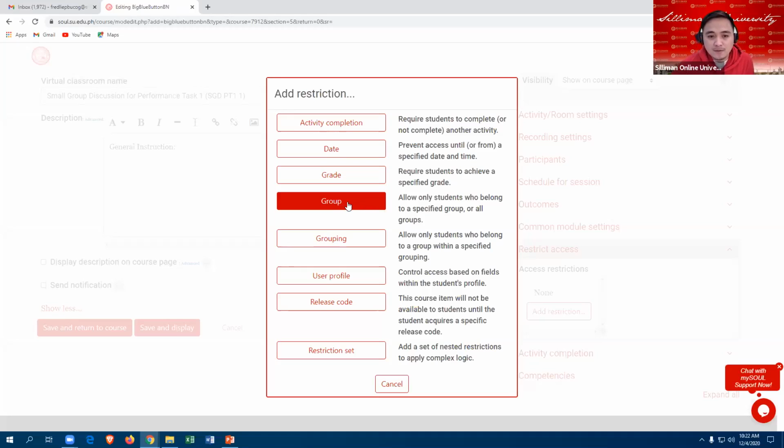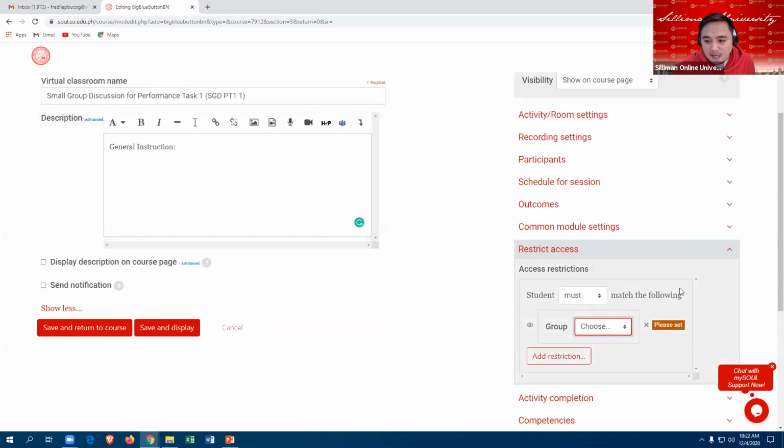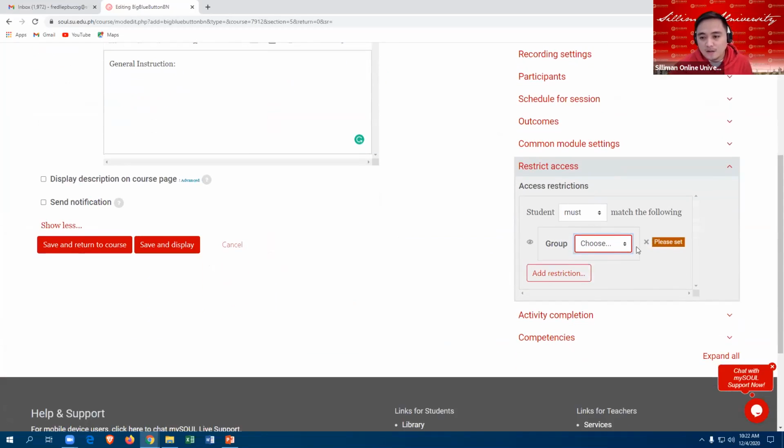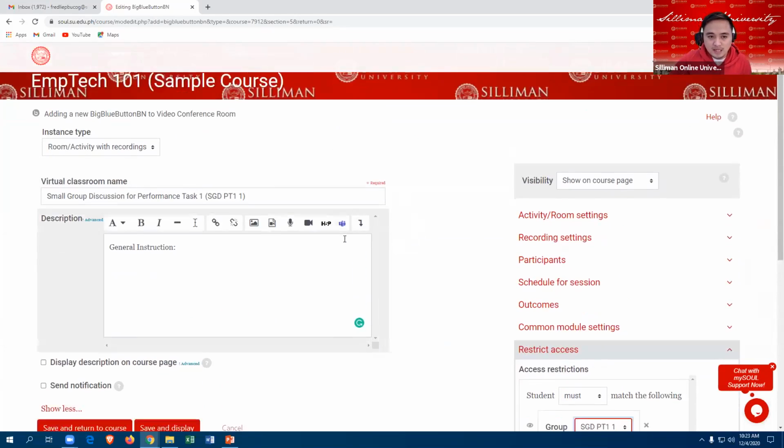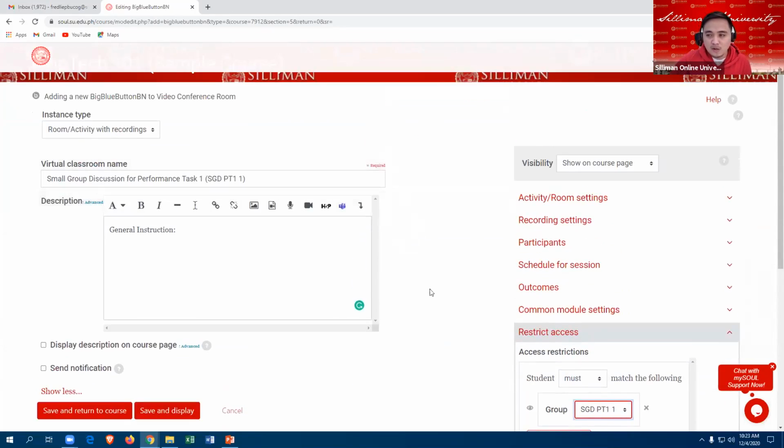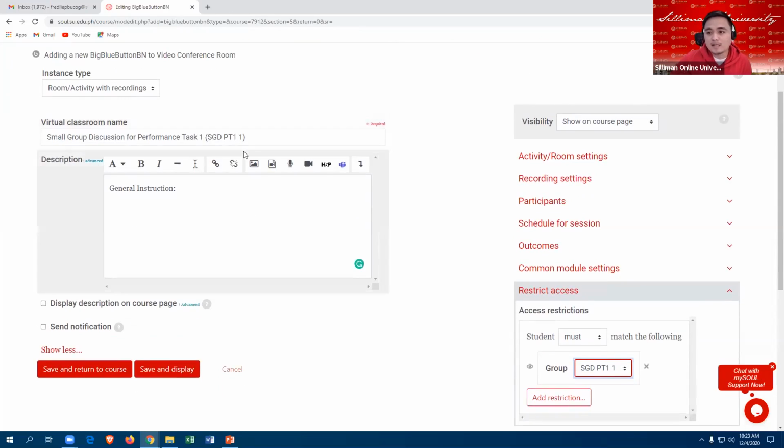You click that group button and then you select the grouping name, or not the grouping name but the group name. So here I have SGDPT1. So I will click it. So now I restrict this particular Big Blue Button intended only for SGDPT1.